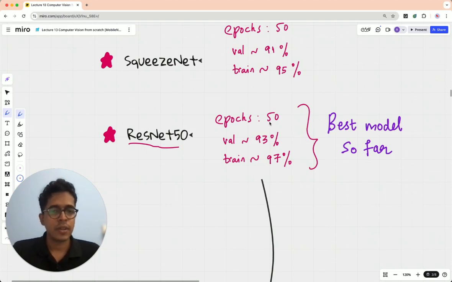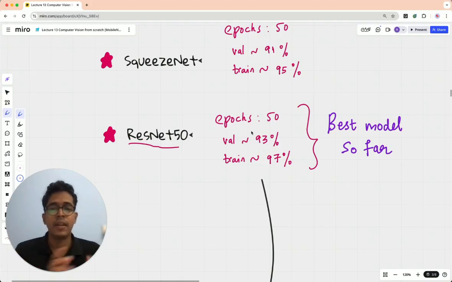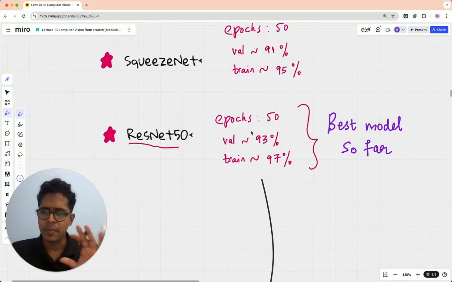Number of epochs were 50. Training accuracy 97% and validation accuracy 93%. And by far, this is the best model that we have seen in this course. And this is something that we discussed in one of the earliest lectures also. When we got very poor accuracy, we were really looking forward to having models that will give us 95-99% accuracy. And this ResNet 50 with minimum hyperparameter tuning, we did not play too much with hyperparameters, but still we have